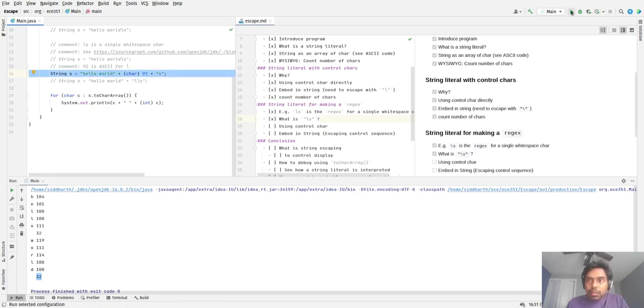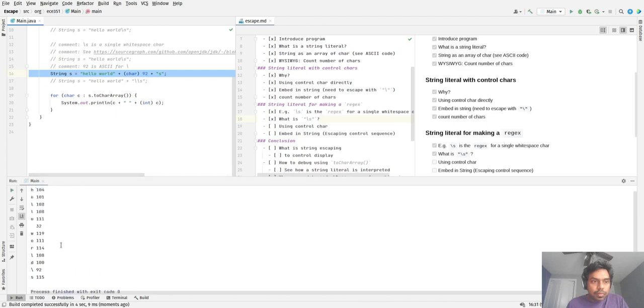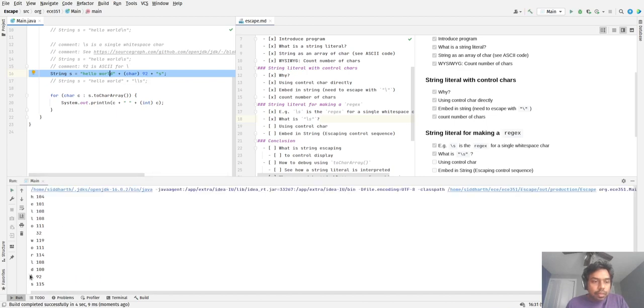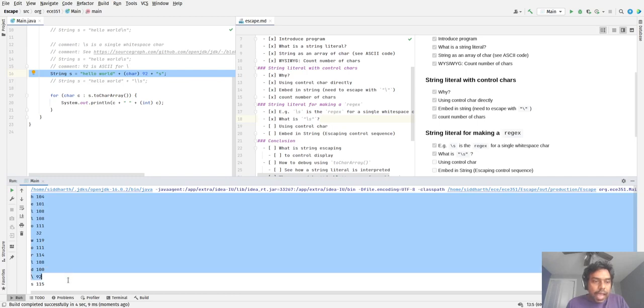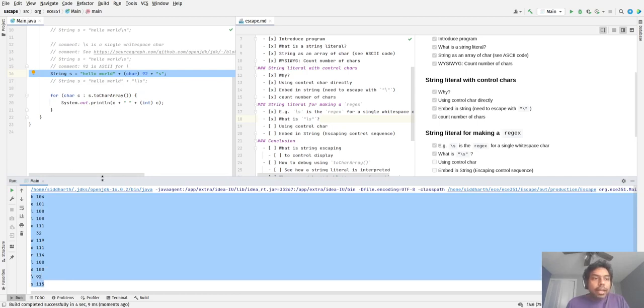Now let's see what is printed here. So here, if you see after hello world, we have a \s, and now if you pipe this through a regular expression processor, it would do what you expect it to do.